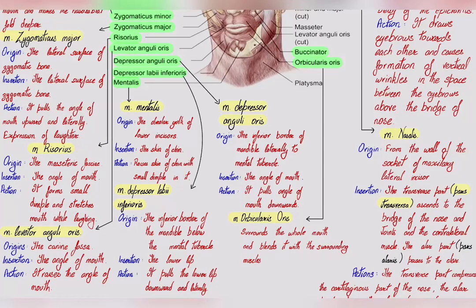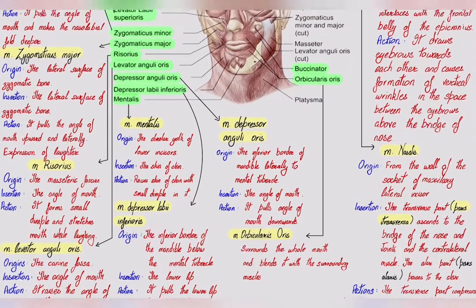Now, the next muscle is the depressor labii inferioris, which is located over here, as you can see in this picture. It originates from the inferior border of the mandible bone, which is located over here, the inferior border, and has its insertion in the lower lip, which we all know is over here. So it pulls the lower lip downwards and laterally, not the angle of the mouth but the lower lip.